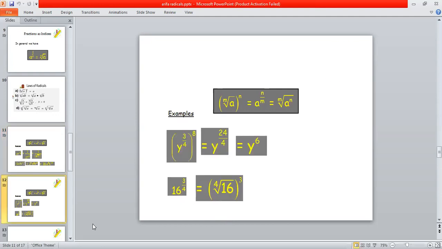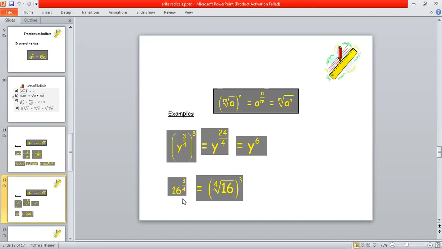Now we take another example, y to the power 3 by 4, whole power 8. The same law applies here: power to power, multiply. So first you will multiply the powers, 3 times 8 is 24, by 4, and this power is simplified further. 4 6s are 24, so y to the power 6 is the simplest form of this question, and it is the answer.